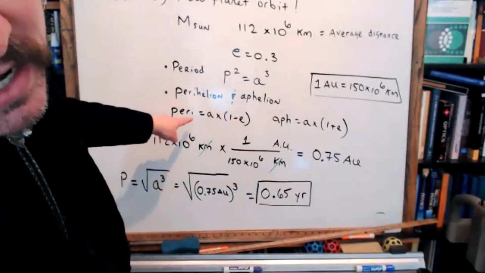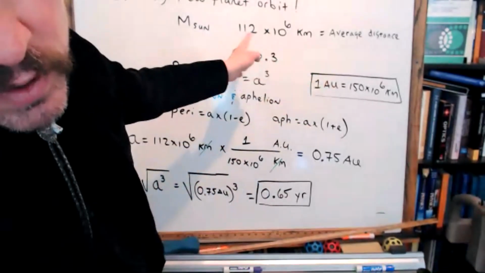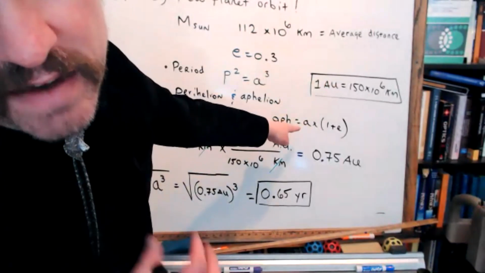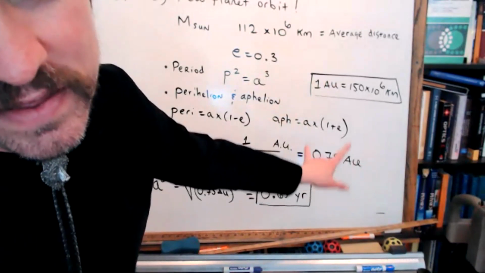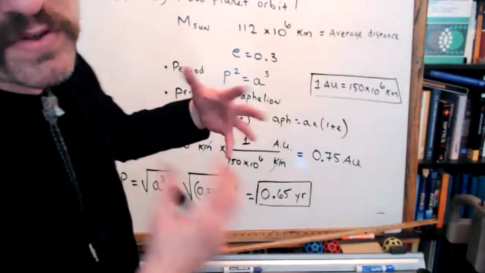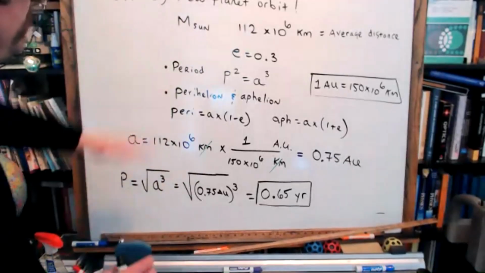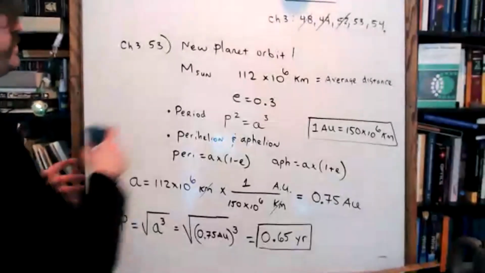The reason, Kim, that I didn't want you to do this part first is, you could have put 112 million kilometers in for A there, but I would consider that vulgar. It's so much more elegant to work in astronomical units than in kilometers. The numbers just look better, okay? So let's do that. I need to erase a little bit, guys, if that's okay. Maybe I'll erase up top.